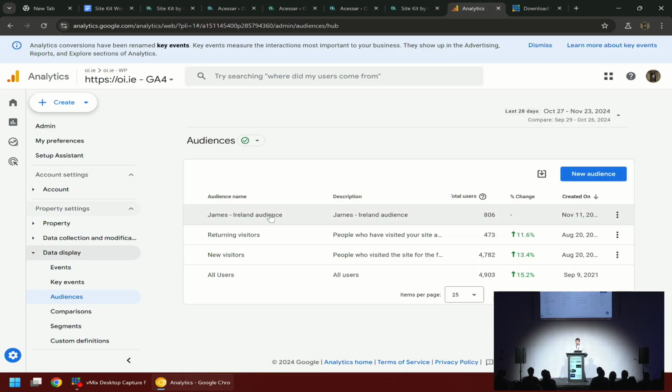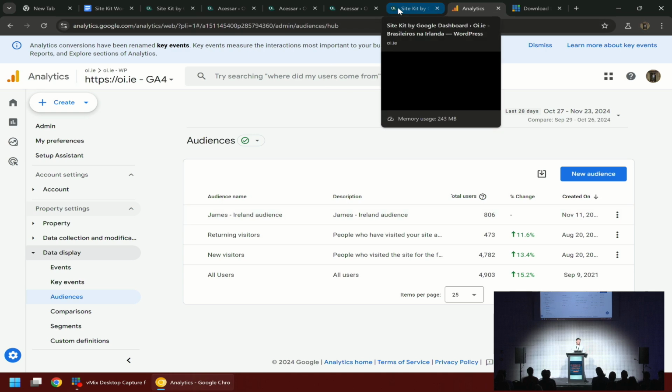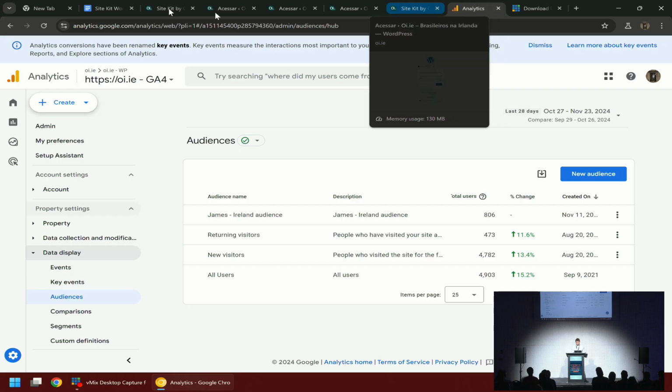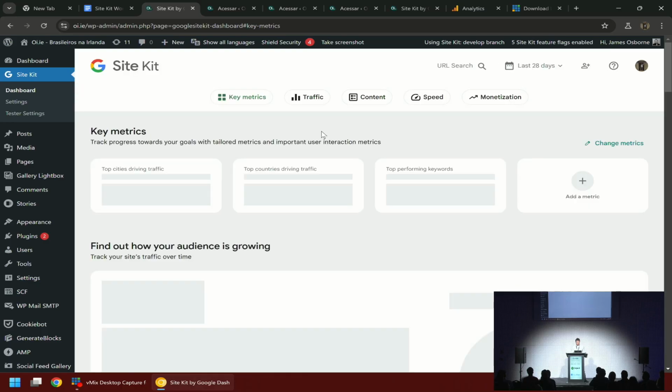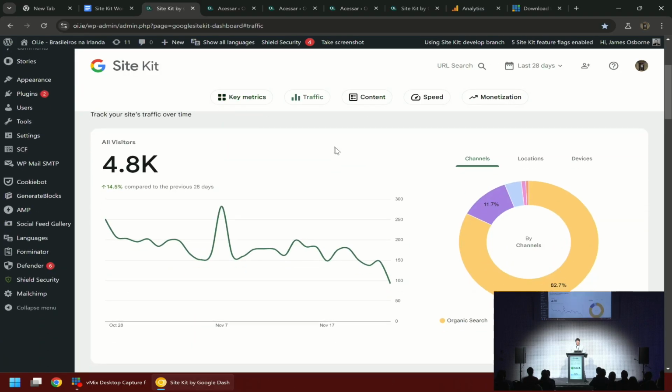You could set up audiences specific for traffic in this city, in Bulgaria, or any type of demographics or age groups. If you want to see information within your Sidekit dashboard specific to this audience, you can do that with audience segmentation. Within Sidekit, we term this visitor groups. So you'll see now after enabling it, if we scroll down here,